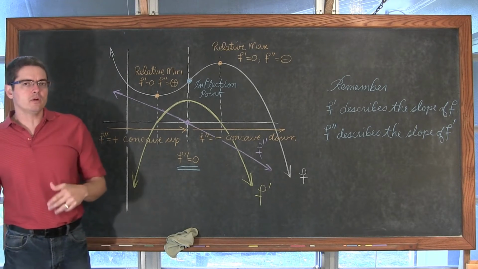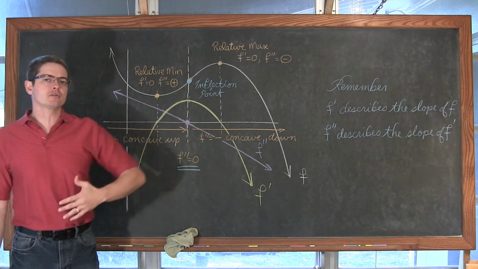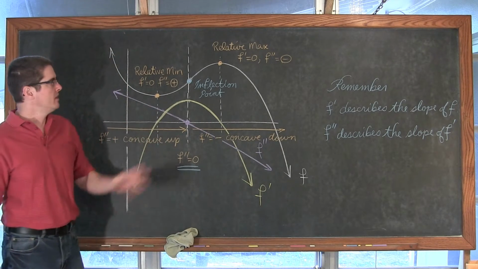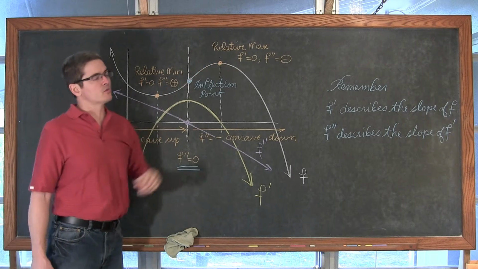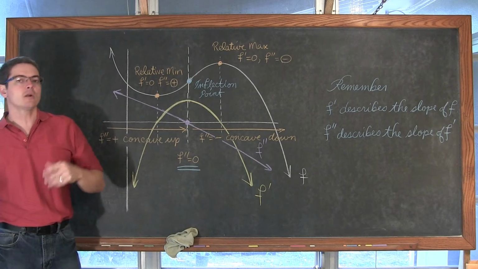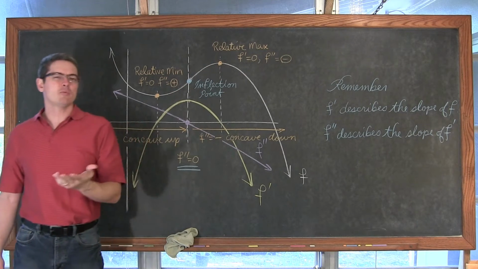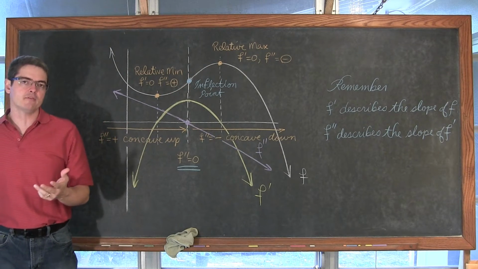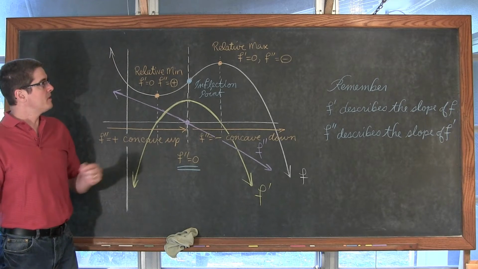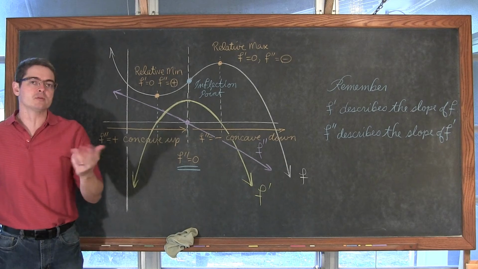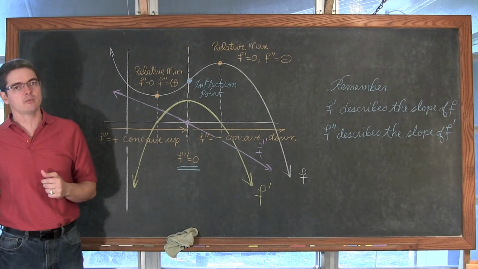Honestly, there's less work. If you start from an original function, there's less work to get to the first derivative, obviously, than the second derivative. And you'll see on the next screen when we talk about the second derivative test, it's not always able to tell you if a point is a relative min or max. So honestly, I really prefer the first derivative test for identifying those relative maxes and mins. But the second derivative test is still something we have to be aware of and occasionally use, depending on how they give us the information in the problem.